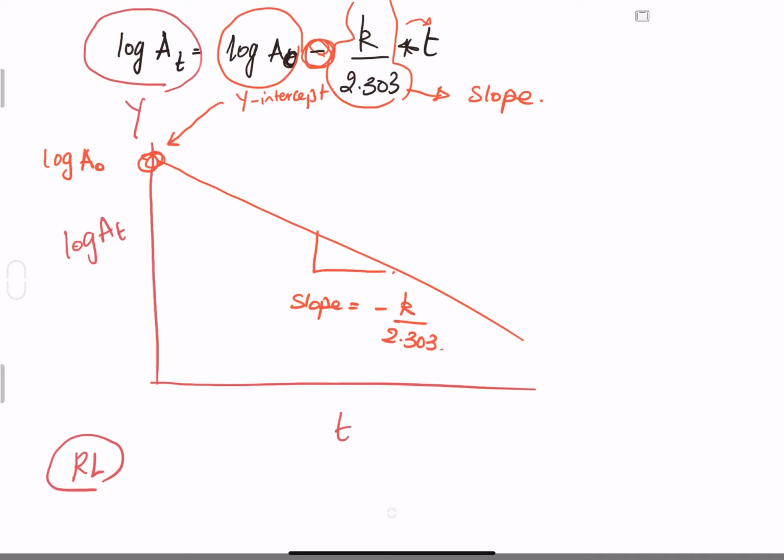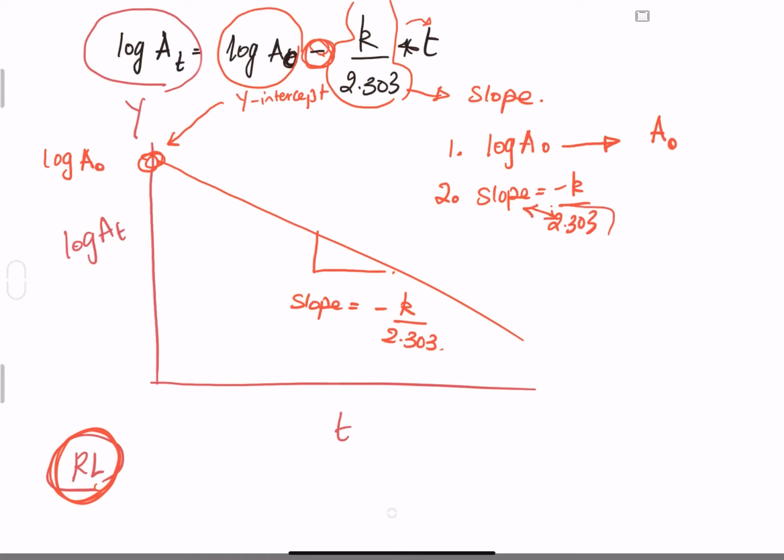So again, from this equation, which is in log term, and again remember it's rectilinear, I was able to determine log A naught, which is the y-intercept, and from the anti-log I can determine A naught. Another thing, from the slope, which is equal to minus k over 2.303, I will be able to determine, by multiplying those terms, k, which is the first order rate constant. Okay,